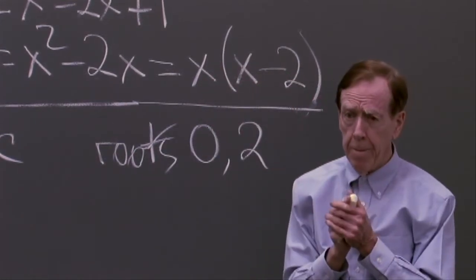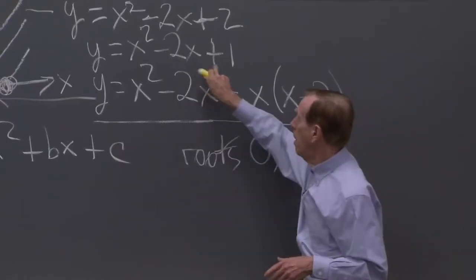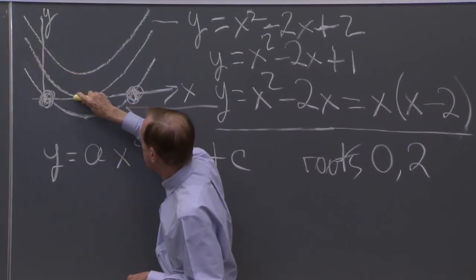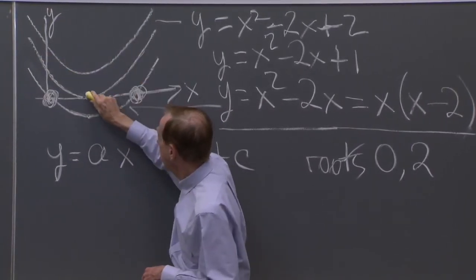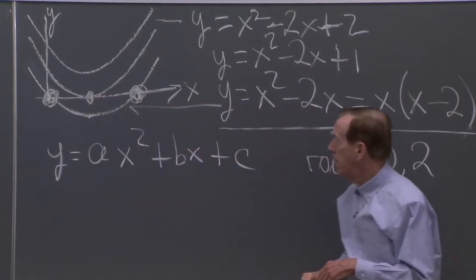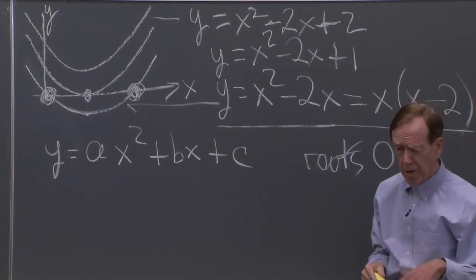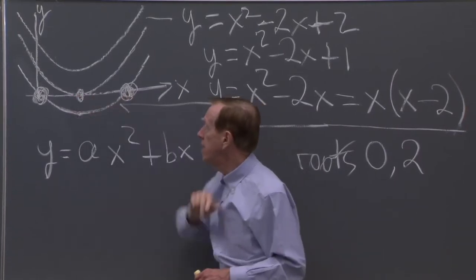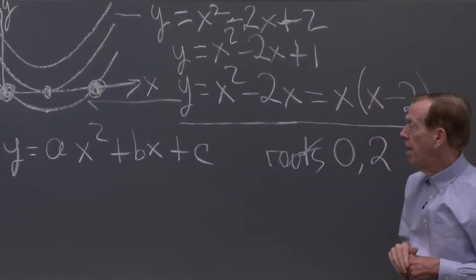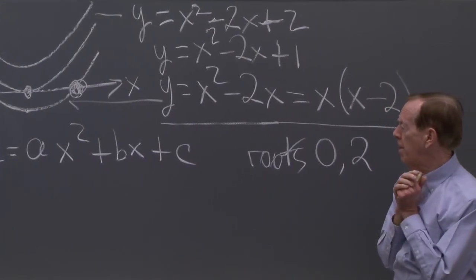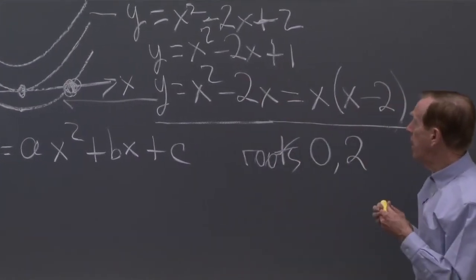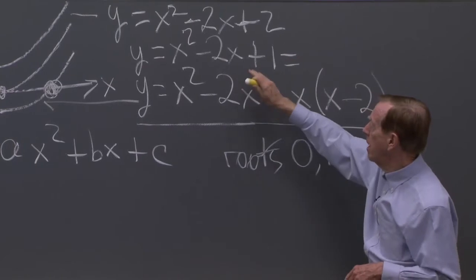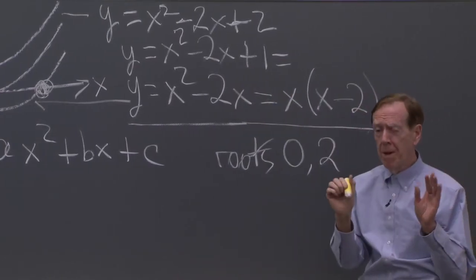Okay, ready for the second guy. This one. What do we see in the picture for that one? That's the middle one. And you see it's rather special. It touches y equals 0. It hits y equals 0. It has a root at just one place. This had a root twice. This one has a root just once. And I can find out where that is. Well, shall I try the same thing of factoring? Shall I factor this guy? So I see x squared minus 2x plus 1. Maybe that